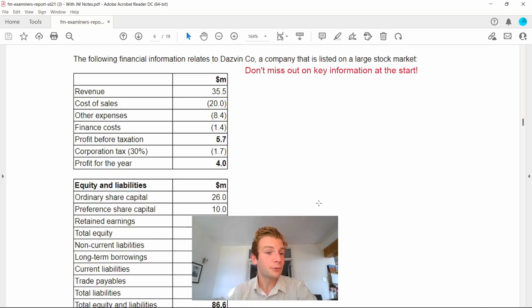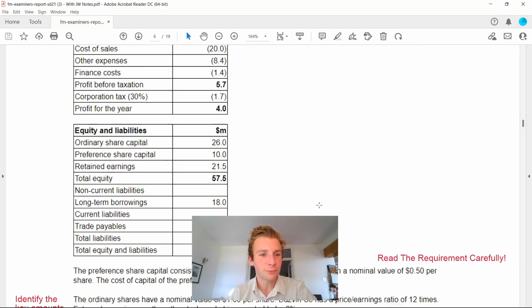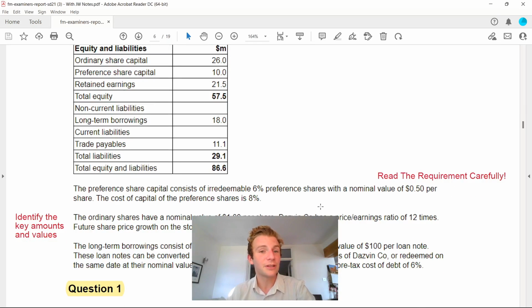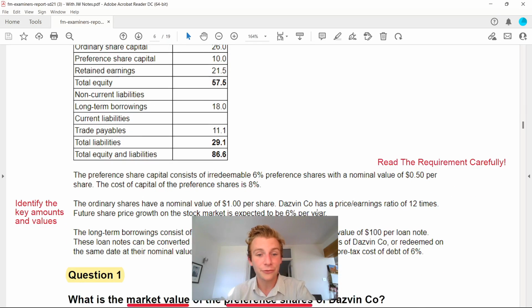And for the example, again, you can watch it through yourself and read it through. The document links at the bottom. You've got the revenue, you've got profit for the year, we've got some corporation tax, equity and liabilities on there. But interestingly, no assets. So this automatically tells me we've got something to do with probably capital structure on there,